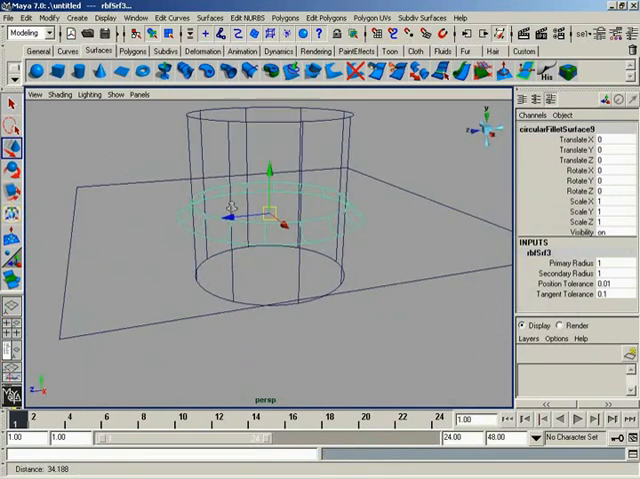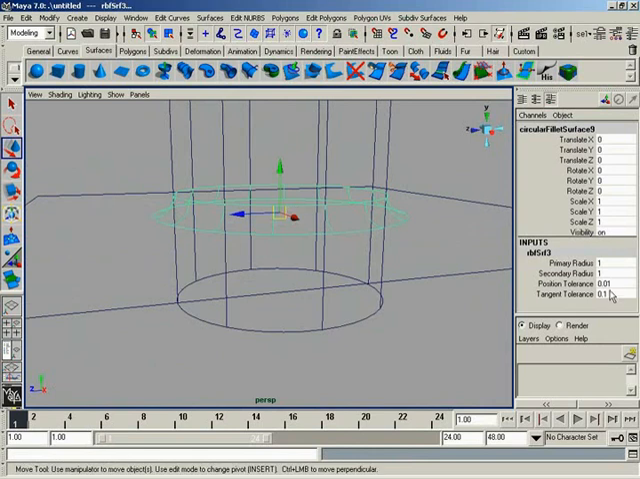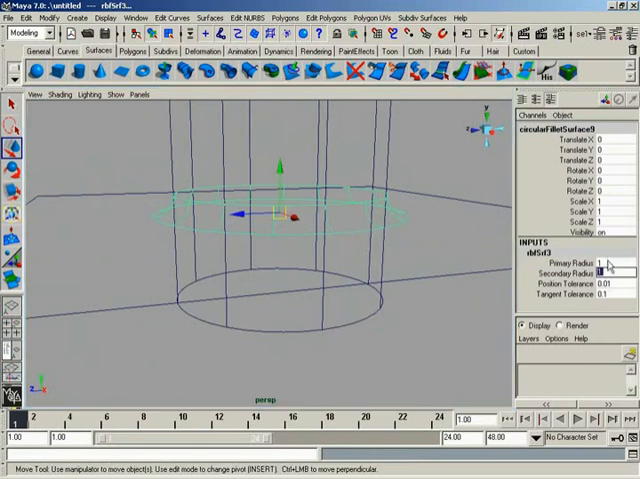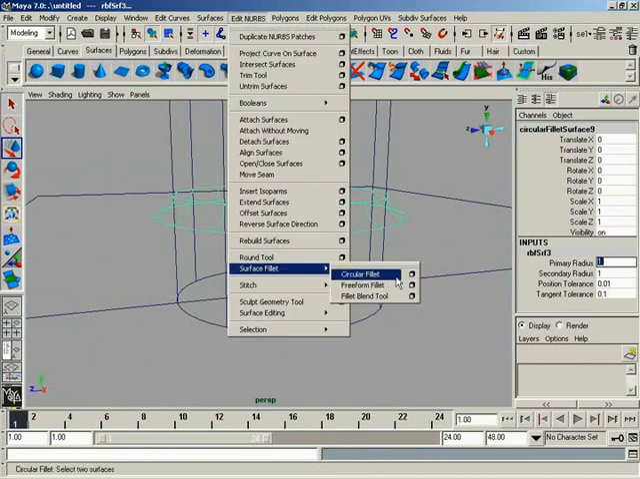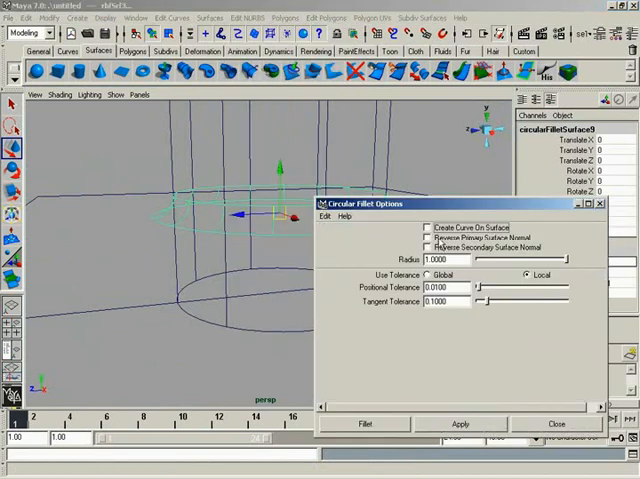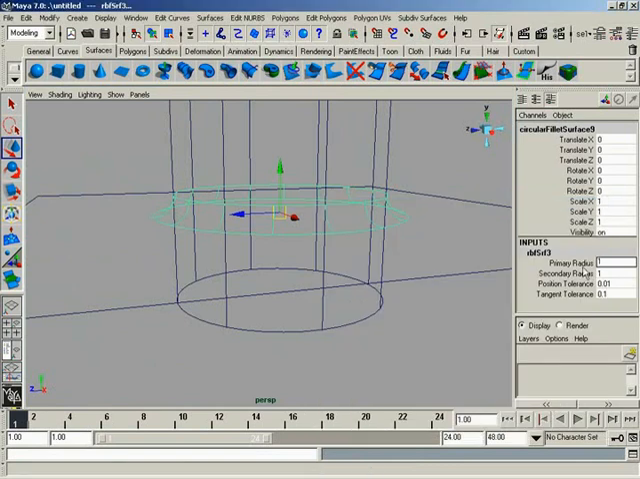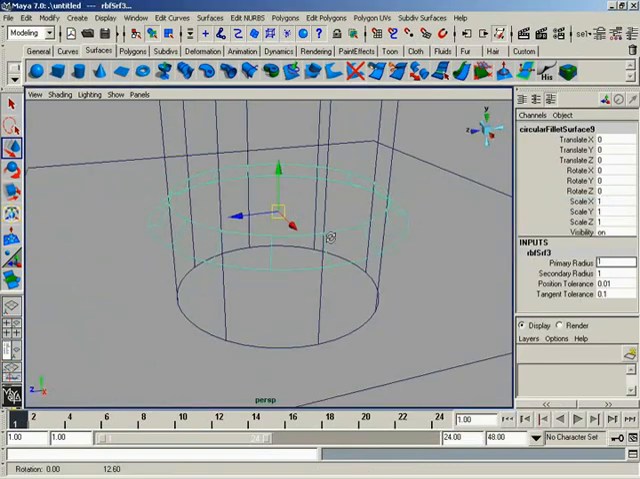Let me go ahead and go to wireframe so you can kind of see how these are lining up. You can see the 4 separate examples as well as kind of what would happen if you were to reverse the normals within the tool. Notice earlier when I was talking about inside of Circular Fillet, we could reverse primary surface normal or secondary surface normal. As opposed to doing that, you can make adjustments here in primary radius and secondary radius and get the